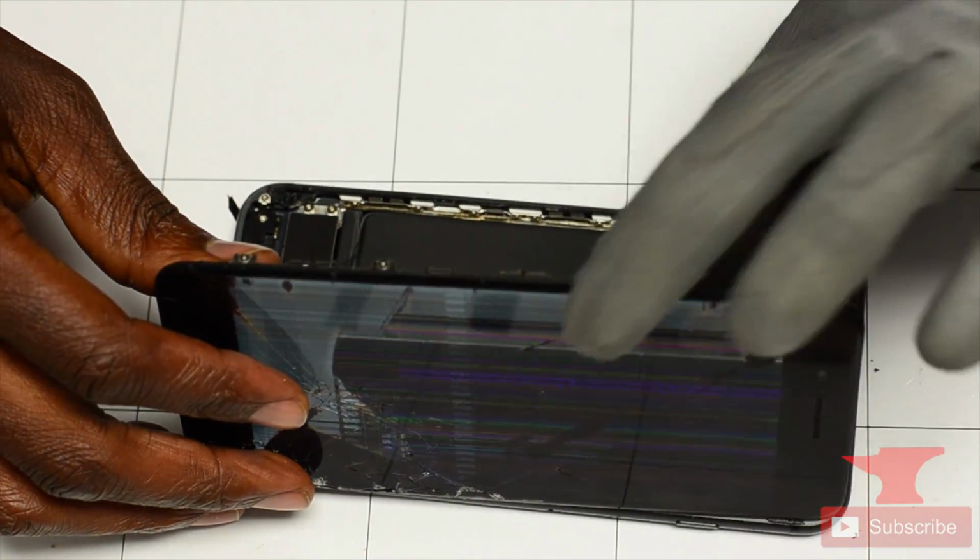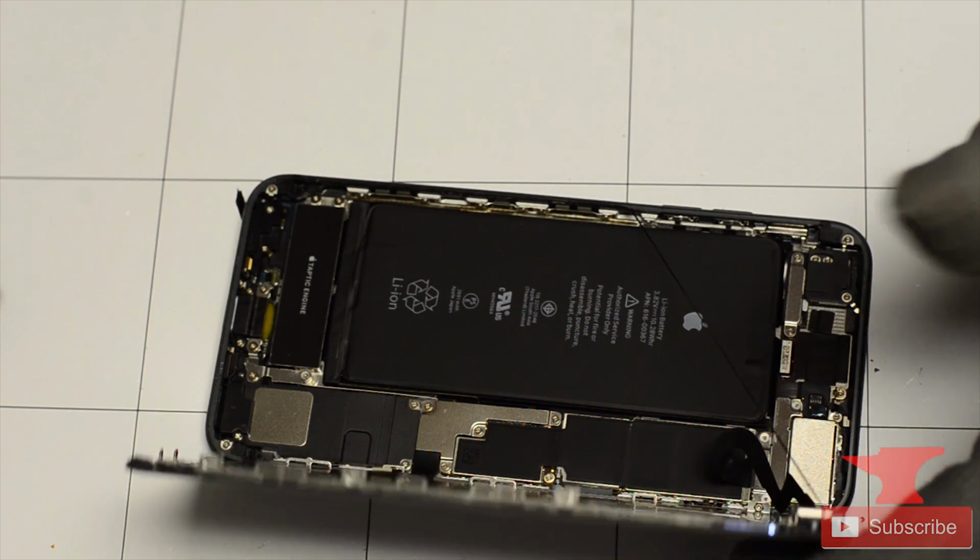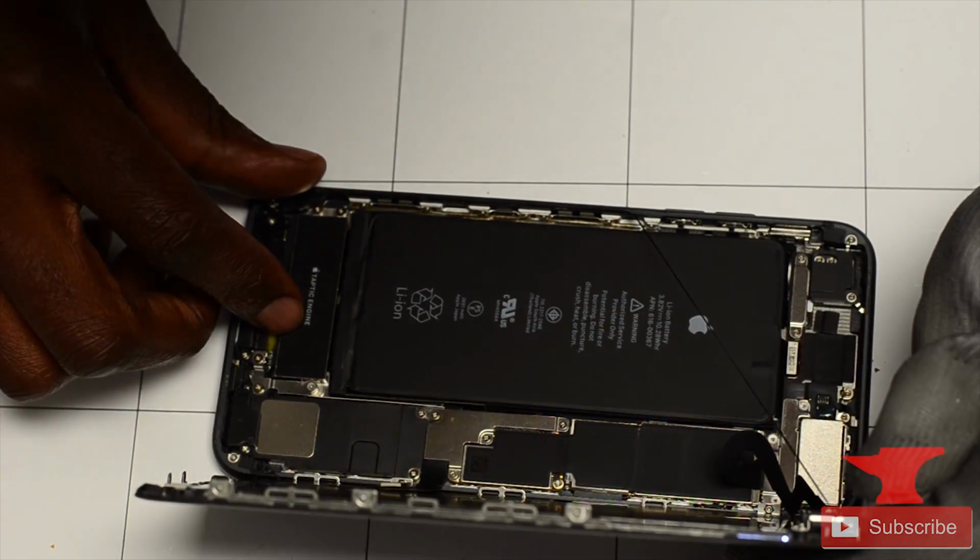Do not push it a lot up there, because you can risk scratching something. Usually I recommend applying more heat when we get to the top, because I don't want you to hit it with a prying tool at the top at all, to be honest. Just pull it from side to side, wiggle it a little bit, just to make sure it can come apart loosely. So after he's done lifting up the screen, he turns it to the right,